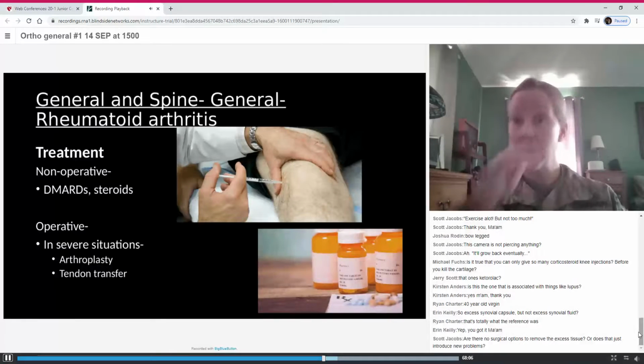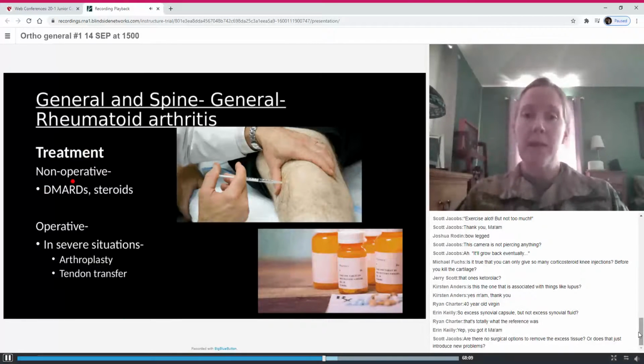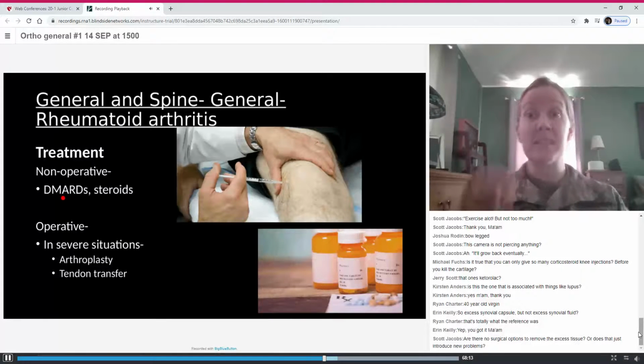So what do we do about it? Our big thing with rheumatoid arthritis is to manage the symptoms systemically, because it is a systemic disease. The changes in the synovium and bones are occurring in every single joint. We just find it some places faster. So we want to control it systemically. That's the disease modulating anti-rheumatic drugs, named after the disease that we're trying to treat here. And those are all synthetic medications that we use to moderate the